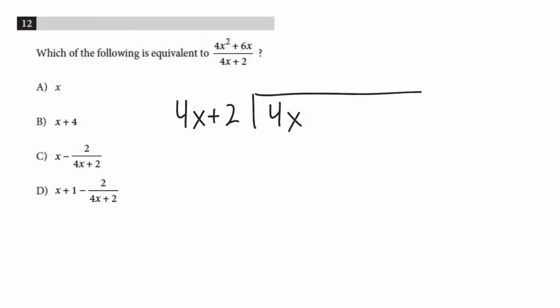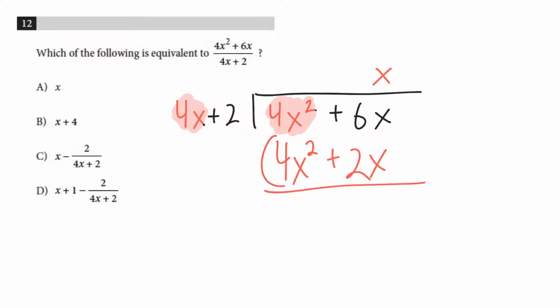and it's going to look like so. Okay. So I'm thinking, how many times does 4x go into, or what do I have to multiply 4x by to get 4x squared? Well, I need to multiply 4x by x. Okay. Well, now I'm going to multiply back through, and I put that on top of my linear terms. x times 4x is 4x squared. That's good. x times 2 is